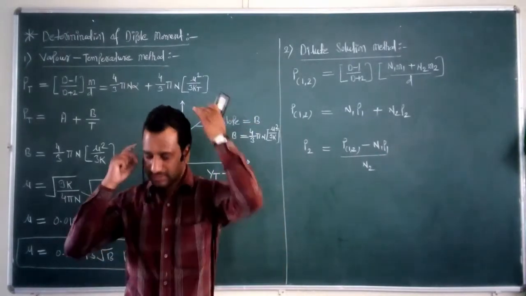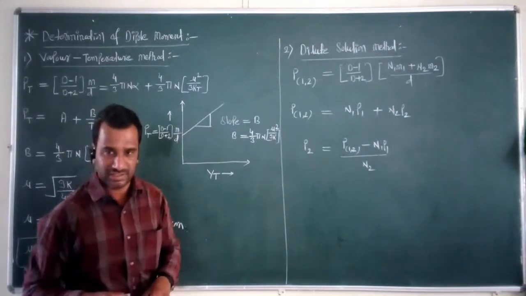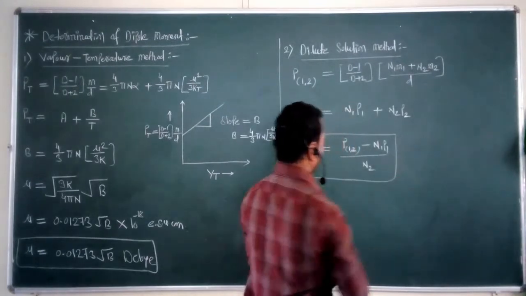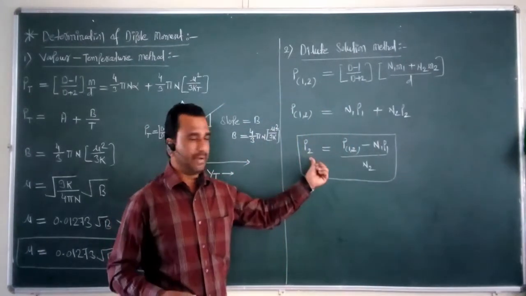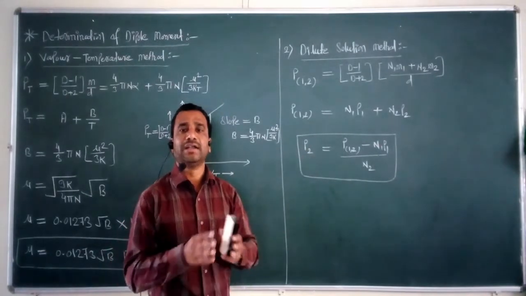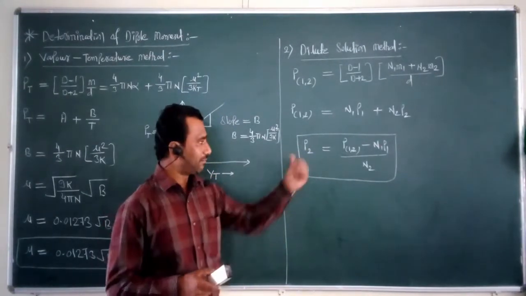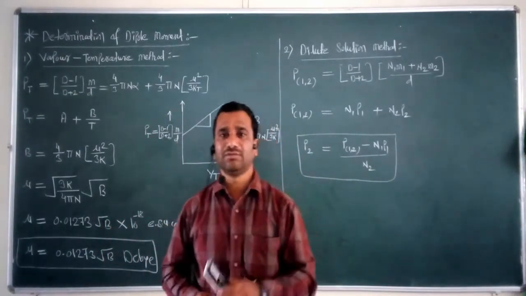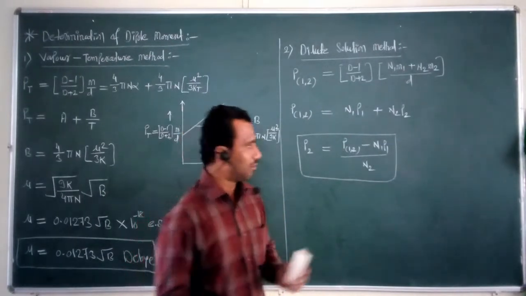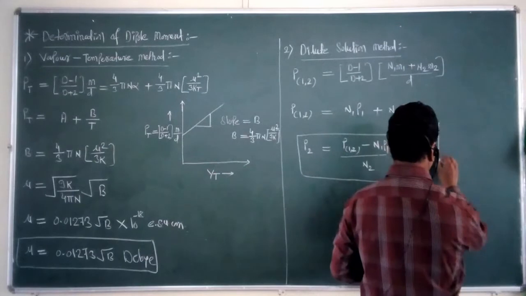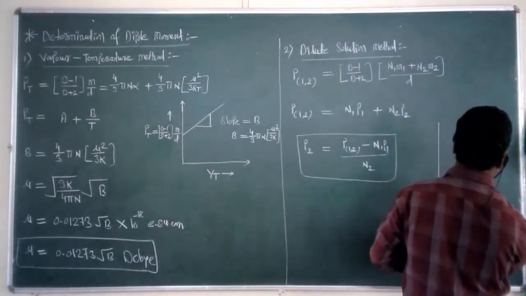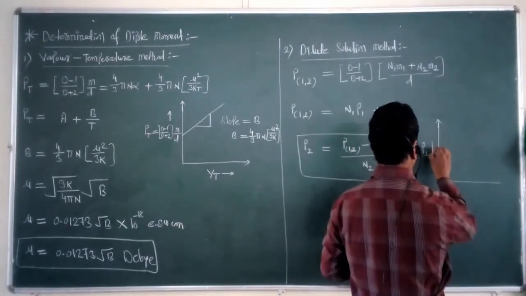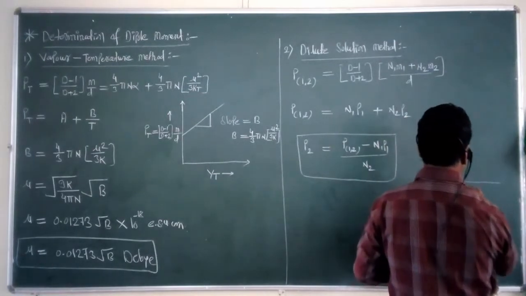After getting this simplified equation, what do I have to take into consideration now? Again, we have to calculate this P2, that is the molar polarization of a solute, at a different temperature. Once we calculate this molar polarization at different temperatures for a given solution, again we have to plot a similar type of graph, that is, a graph of P2 versus 1 upon T.